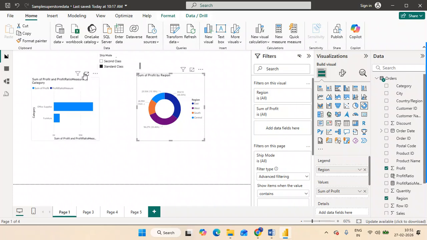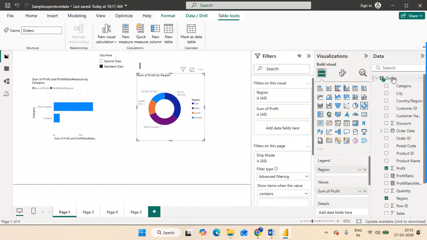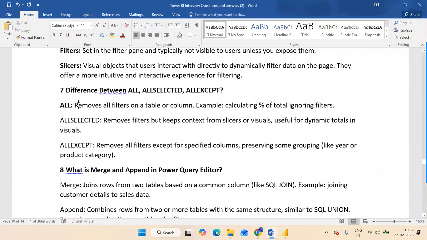It will directly execute from the overall table level. It will remove all filters. Even if you apply filters or slicers, it will not consider all this. It will remove all filters on the table or column.